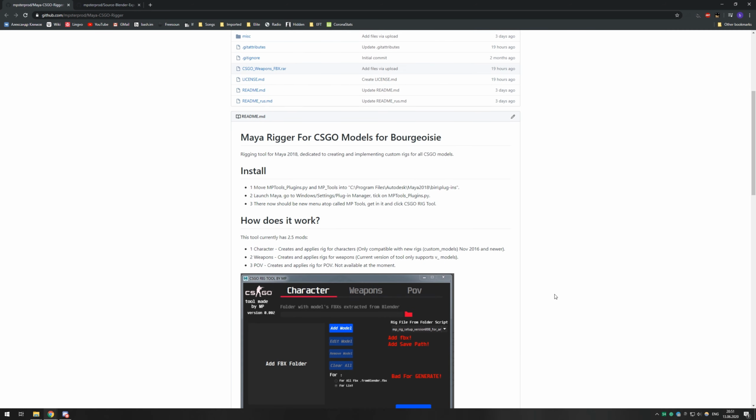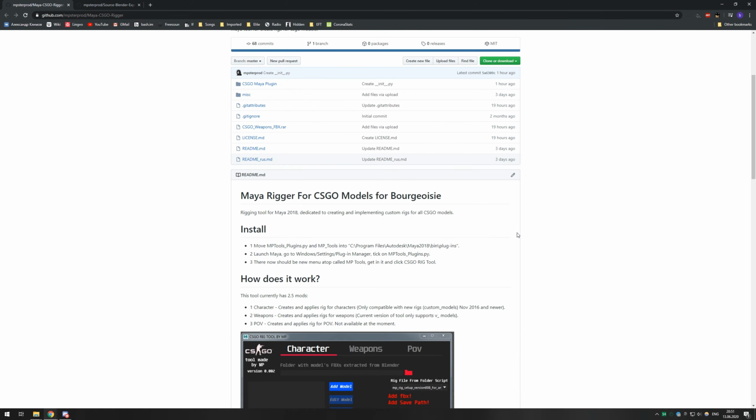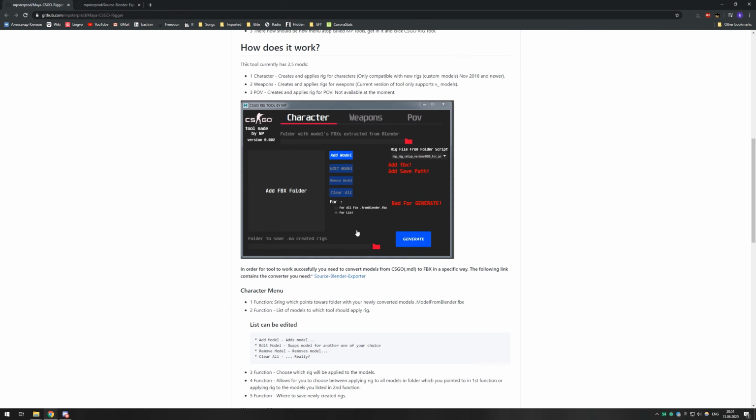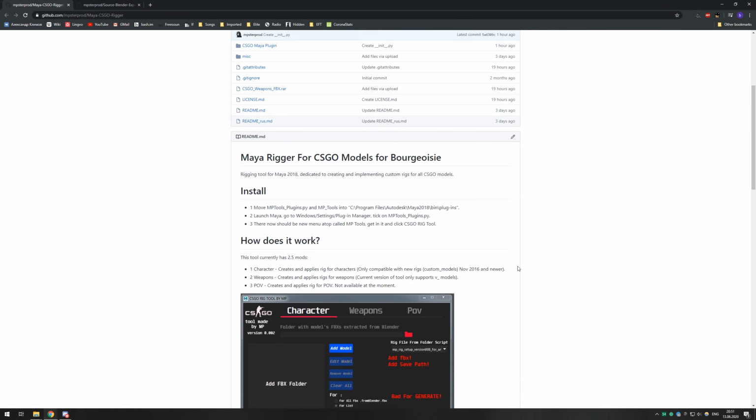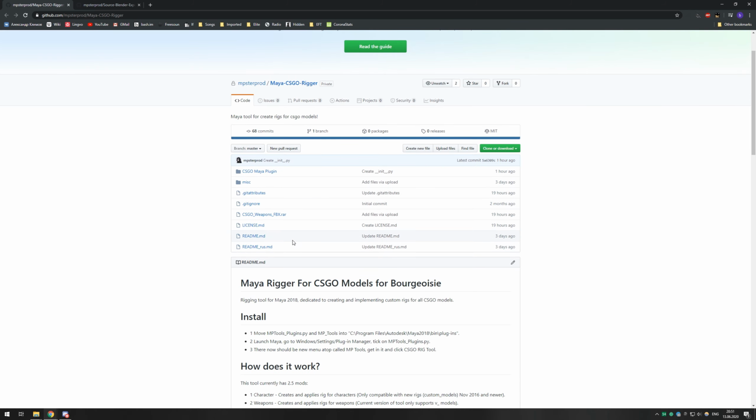Mind noting that this tutorial is basically a voice version of this readme here. So if you follow the readme, you get everything just the same as you will do watching this tutorial. Also, the readme is available in English and Russian, so if you feel more like text rather than my voice, feel free to read it.